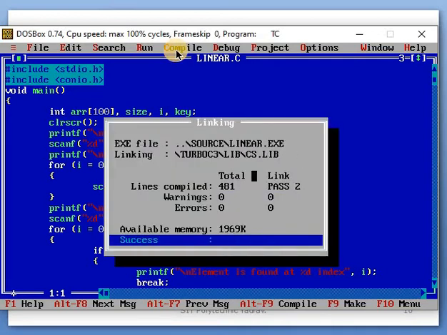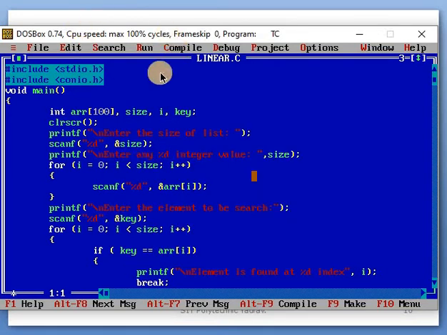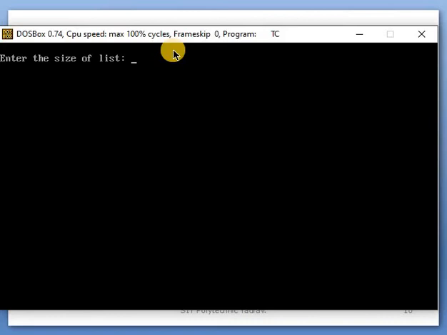We compile it using the menu or the shortcut Alt F9, and run it with Control F9. The message is displayed: enter the size of list. For example, we give the size 6, then enter any 6 integer values.